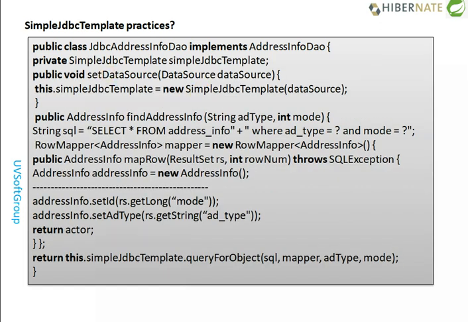So here is the simple JDBC template practice example. You define the same thing here: you define your simple JDBC template, set your data source, set resources, and then you do the operations you would like to do, the CRUD operations: create, update, delete, depending on where you need them. So this is two input